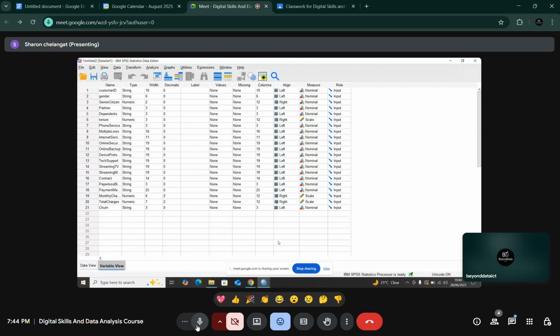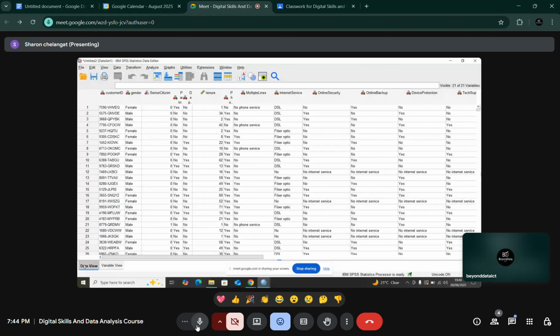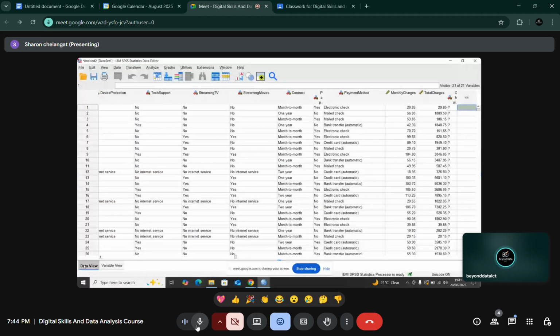Yeah, so there you go now. That's how you get data into SPSS from another format. And then from there, now you need to go to the variable view,